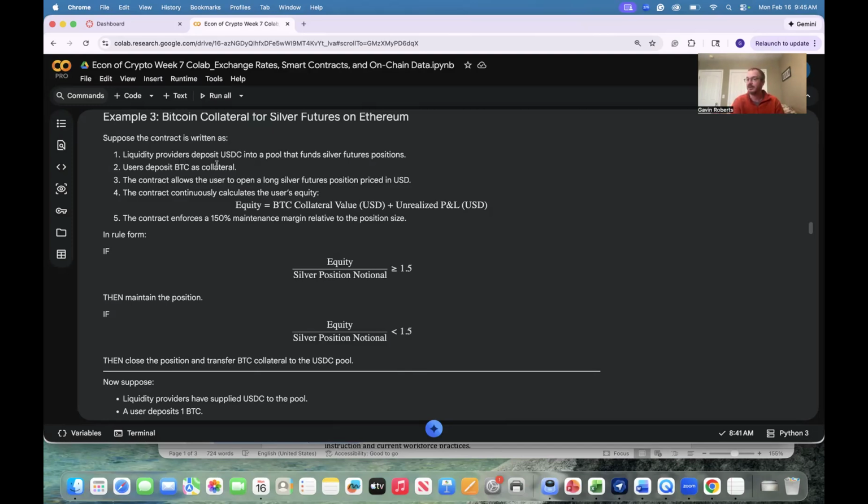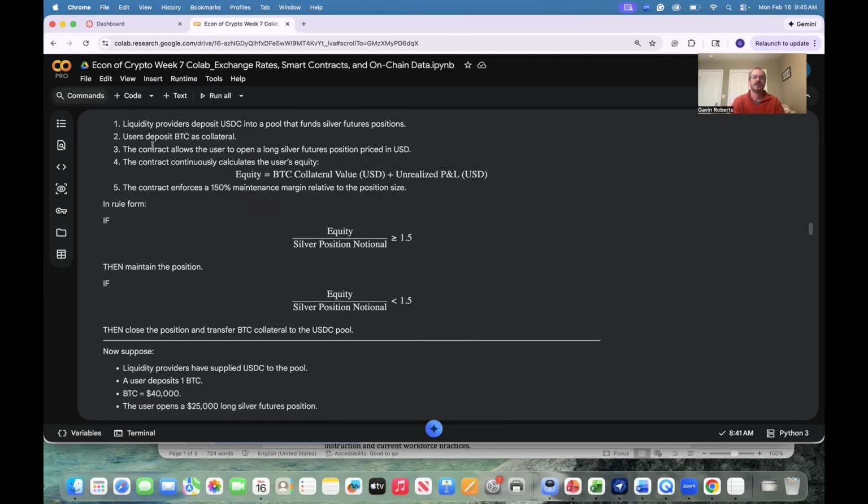Why are the creditors, or the liquidity providers, willing to do this? Because they can earn fees by doing this. Users, like we'll pretend I'm going to be the user. So I'm going to deposit Bitcoin, or really because I'm doing it on Ethereum, it's probably wrapped Bitcoin tokens, or some proof that I own Bitcoin, some tie to my ownership of Bitcoin, as collateral. This basically says, hey, look, I'm putting some collateral aside so that you, allowing me to borrow this money and bet it on silver futures, can feel a little bit safer about that, at least.